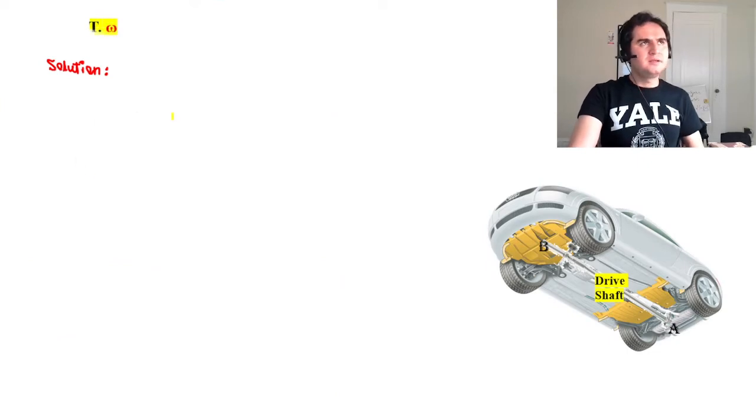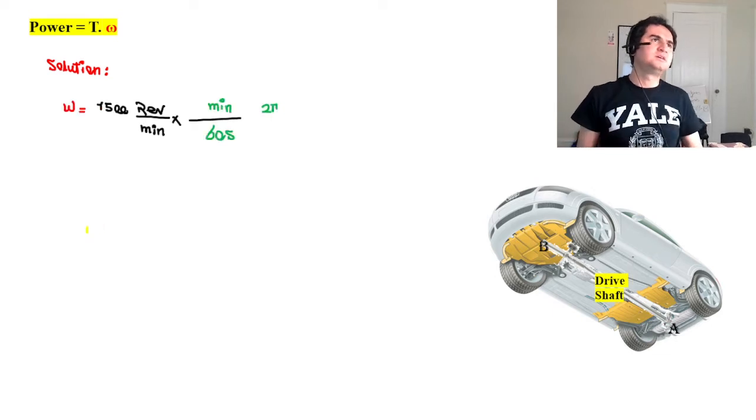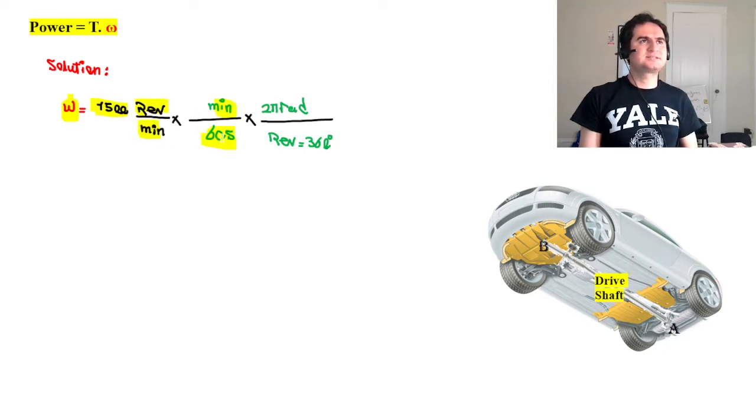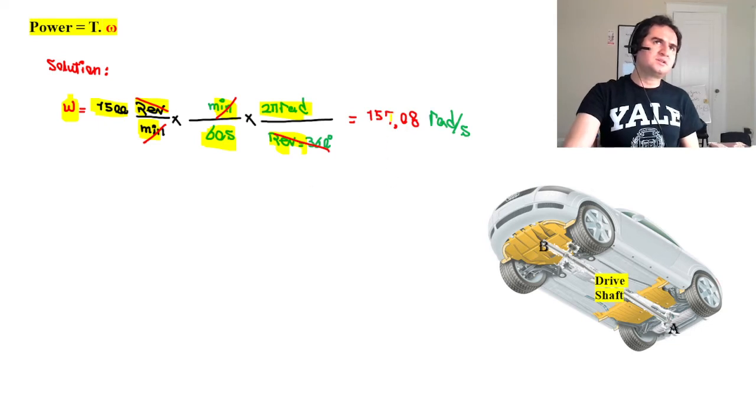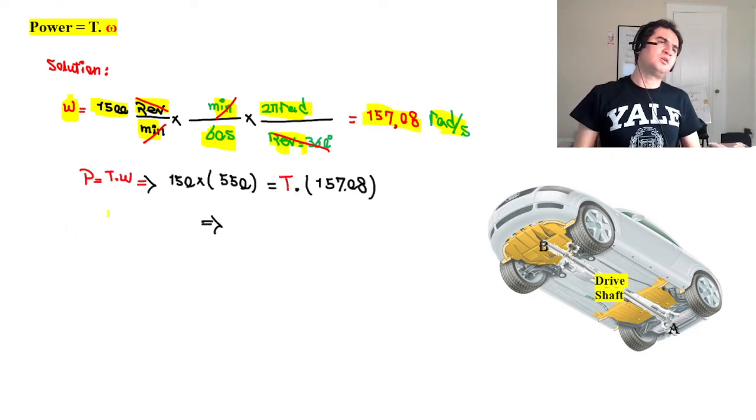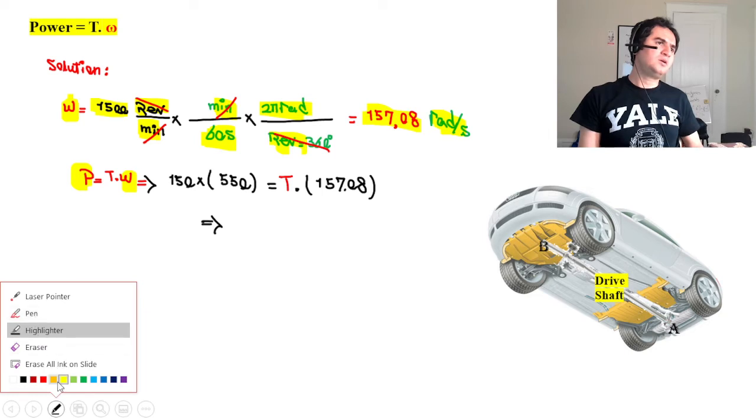So again, power is torsional torque times angular velocity. By converting our angular velocity of 1500 revolutions per minute, each minute is 60 seconds and each revolution is 2 pi radians. By doing the math, it gives you an angular velocity of 157.08 radians per second. Replacing that in our power formula, power is provided. The only unknown here is